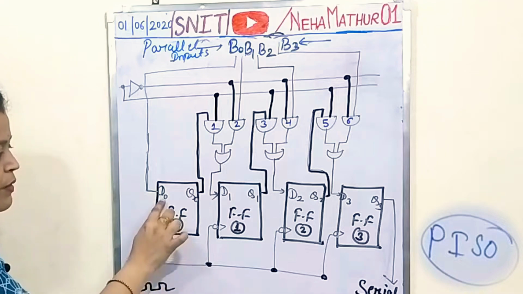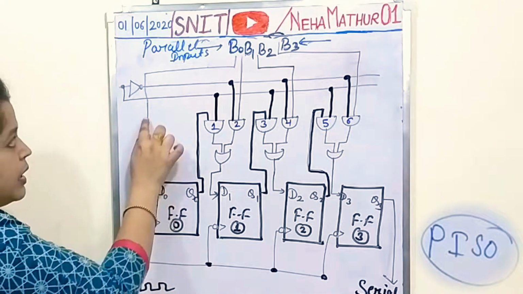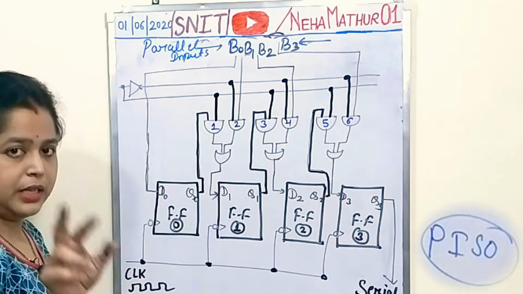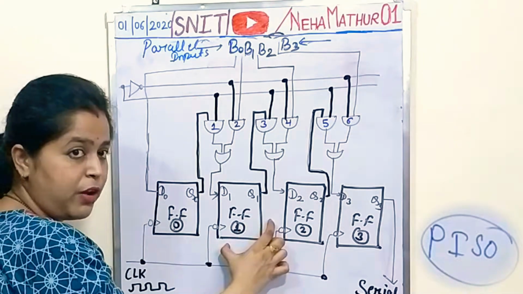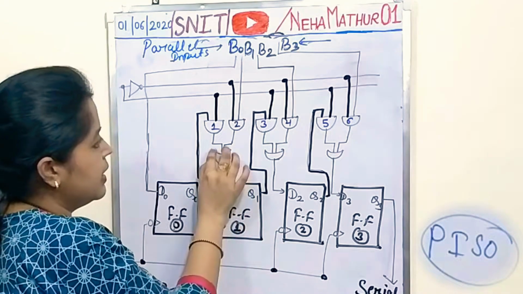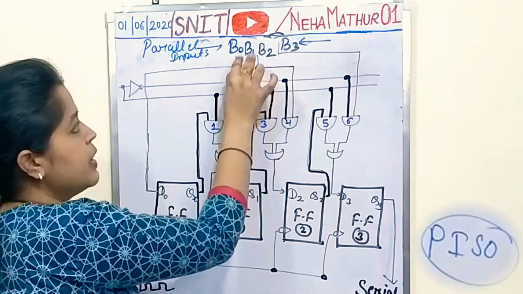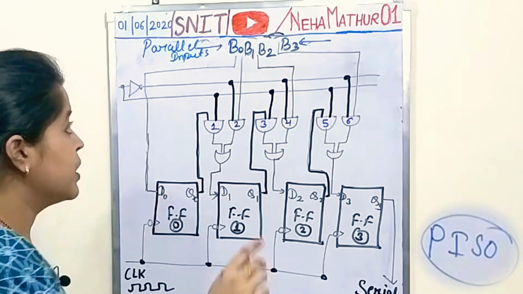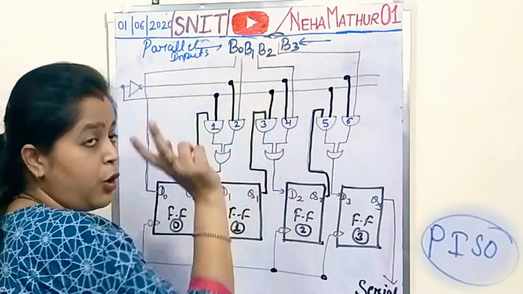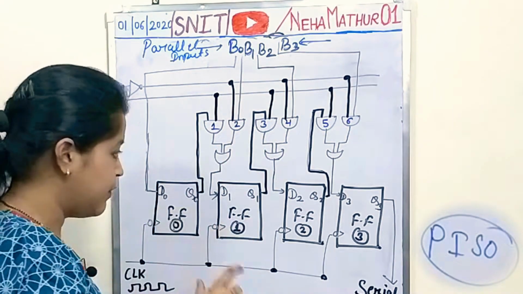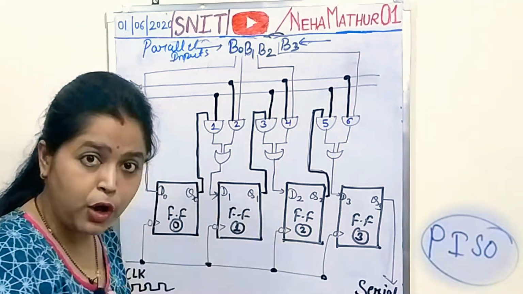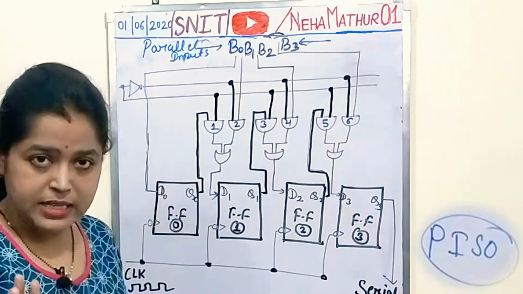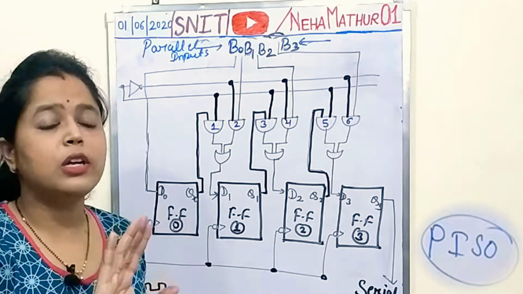For flip-flop 0, D0 is the input and is connected with the first bit of your data which you want to enter. Similarly, for the second flip-flop, D1 is connected with B1, which is your second input bit. So all the binary bits are connected with the individual inputs of the flip-flops, but via combinational circuits. That is, your inputs are not connected directly.